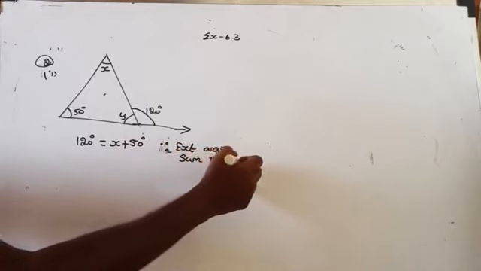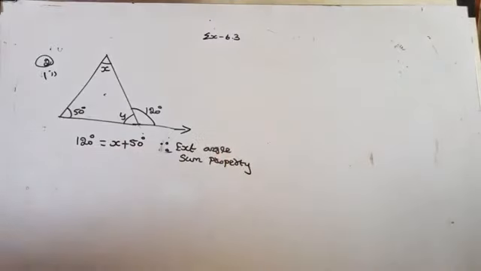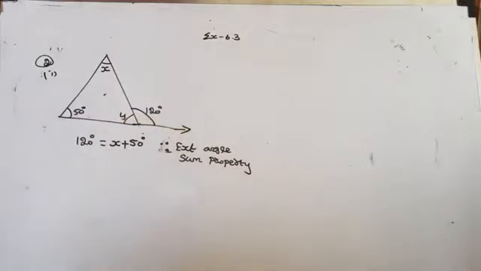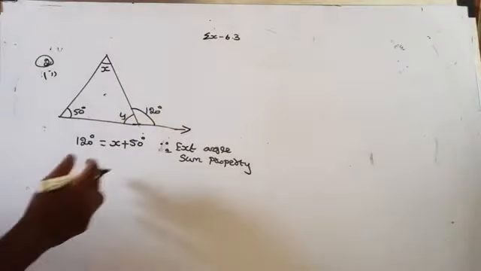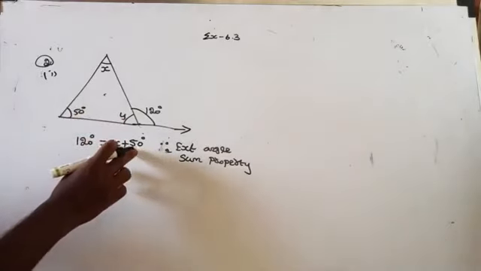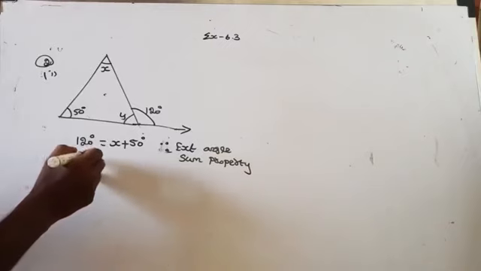Once you get the value of x, then by using the angle sum property of a triangle, you can find the value of y. Otherwise, you can find the value of y by using a linear pair. Now keep the unknown variable on the left hand side. Here what is the unknown variable? X. So keep it on the left hand side.